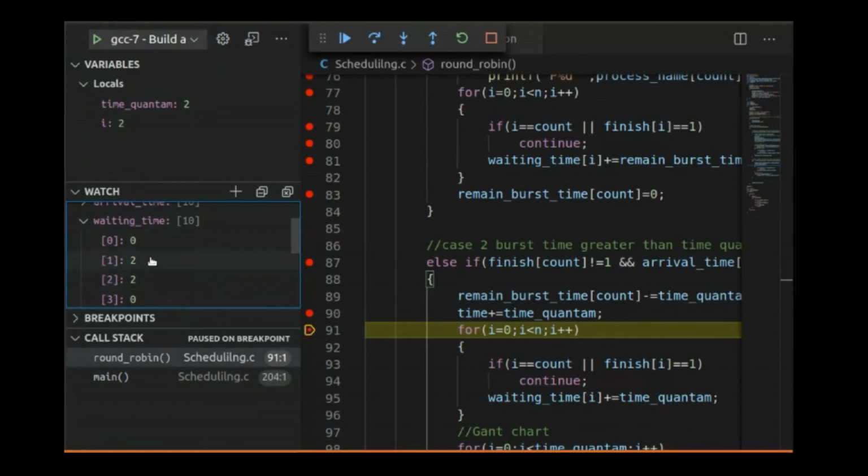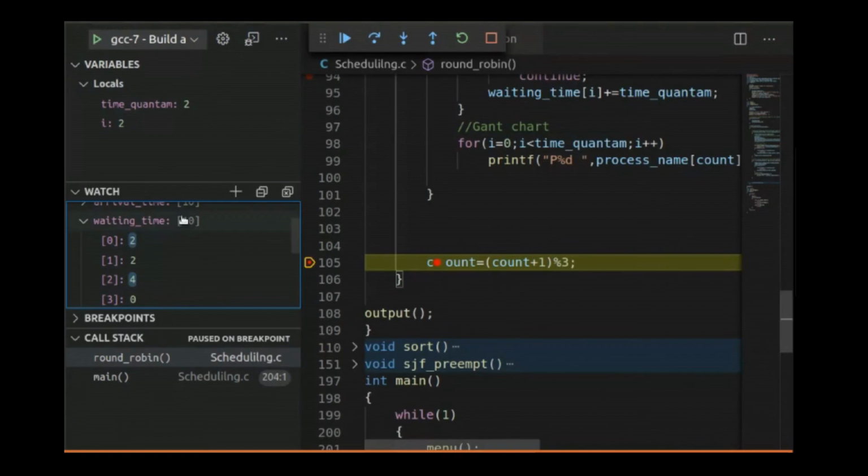That means this should not be incremented, and the others should be incremented by how much? It should be incremented by the time quantum. That means 2. So here we should get 2 and here we should get 4. Let us check whether it is happening or not. So we are getting 2 here and we are getting 4 here.